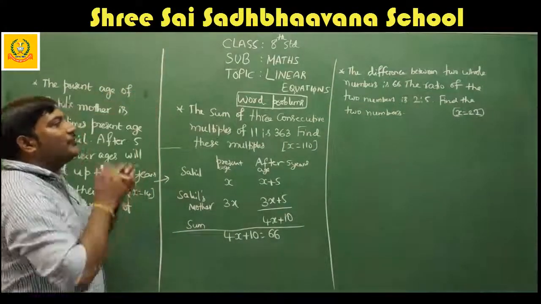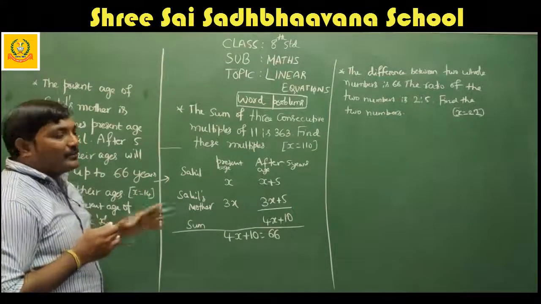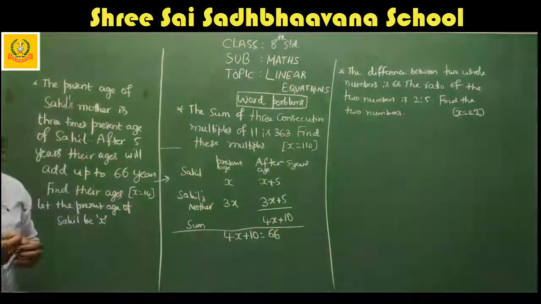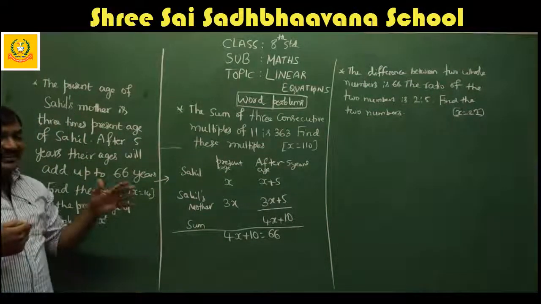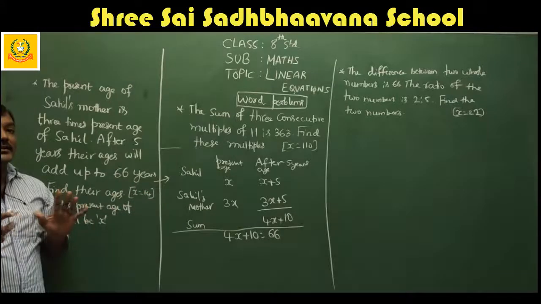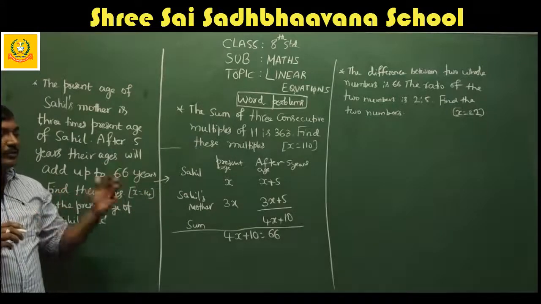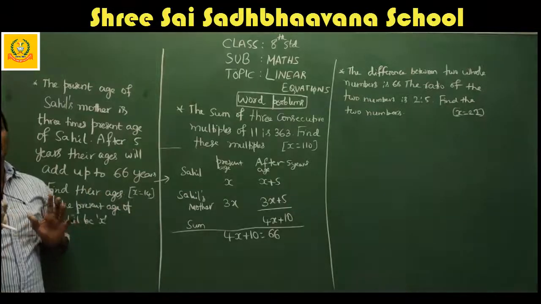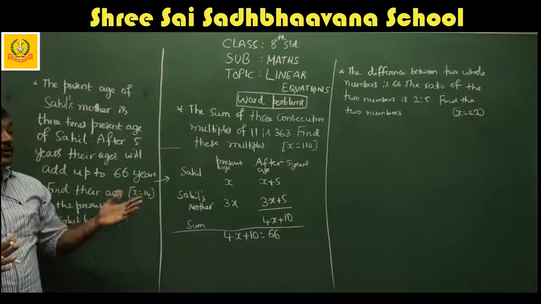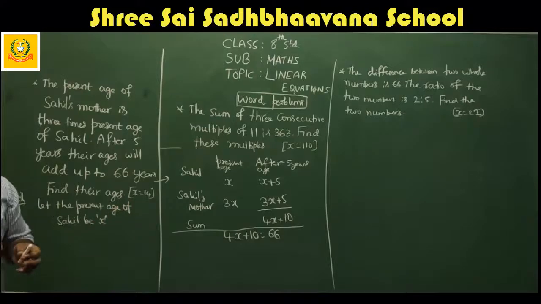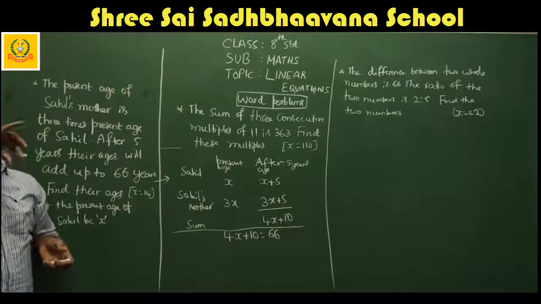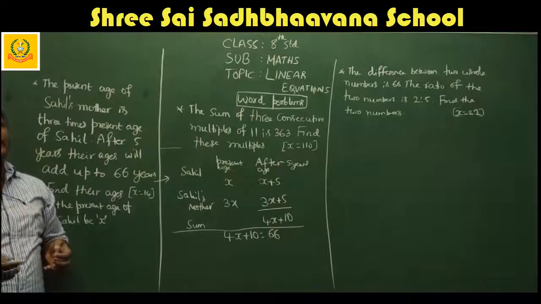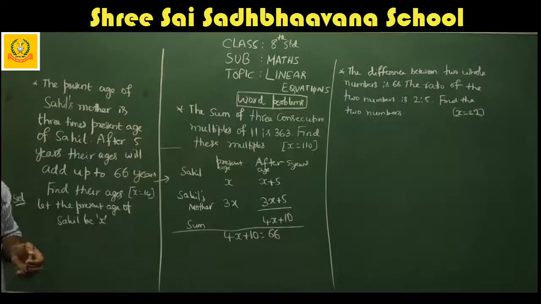So we got a linear equation in one variable. What is it? 4x plus 10 is equal to 66. Till here, you might be having a little difficulty. Once you get this linear equation, just normally, how do you solve equations? No need to apply rules here, like rule 1, subtract 10 on both sides, not required. You just directly transpose the terms from LHS to RHS and find the value of x.